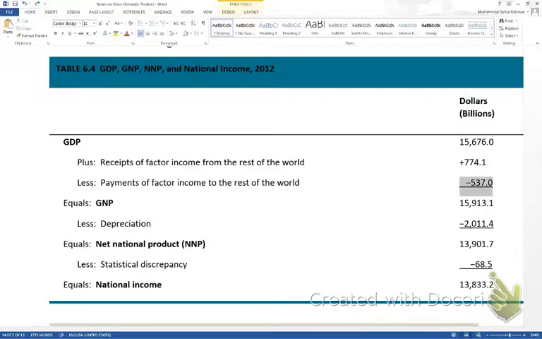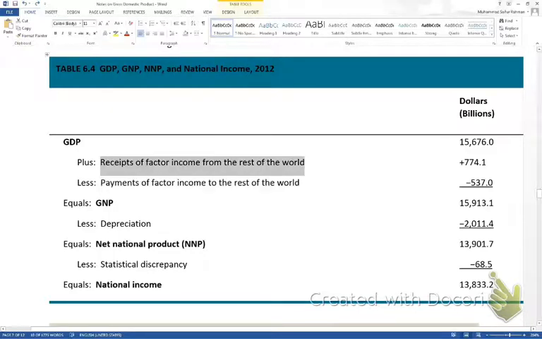I add payments of factor income to the rest of the world, and I subtract receipts of factor income from the rest of the world, right? So receipts of factor income from the rest of the world is an American citizen living in Germany, and payments of factor income to the rest of the world is a Mexican citizen working in the USA. So you add the payments of the Mexican citizen living in USA, and you subtract the income of the American